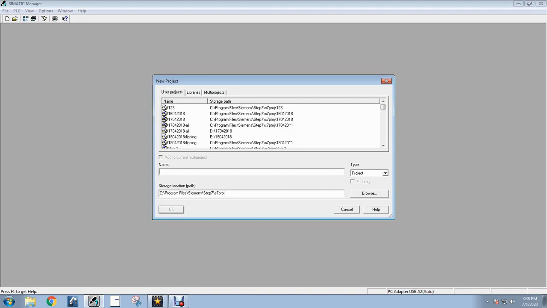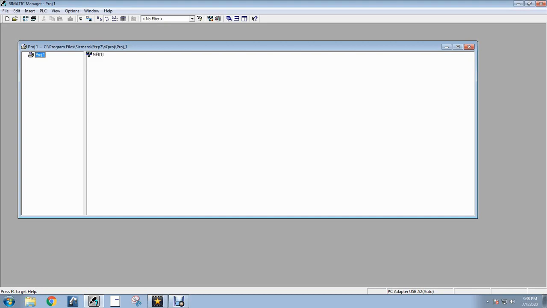A new project window will open. Name your project as project 1. Then click on OK. Main program file window will open.